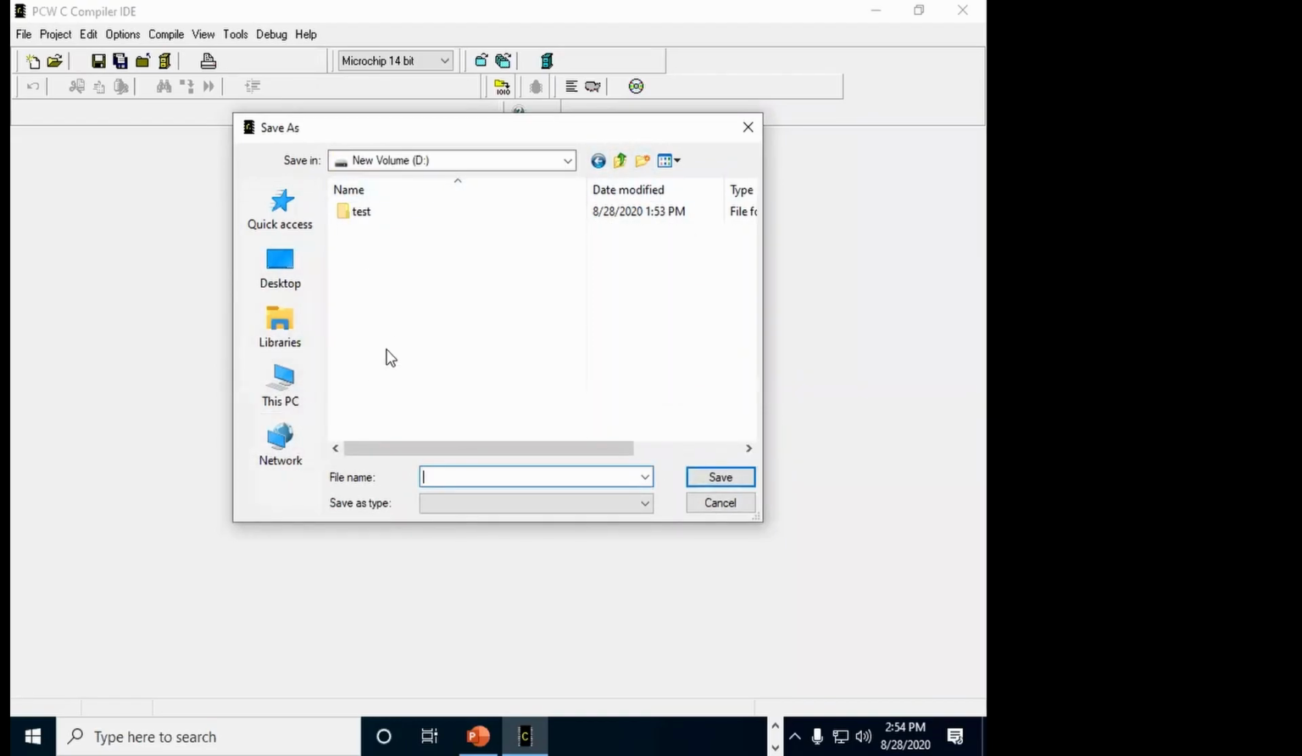any one of the drives which is available in the PC. So for example, here we have a D drive. I am selecting the D drive and naming that particular experiment as LED interfacing. I'm going to interface the LED here. So I'm giving LED interfacing as the folder name,